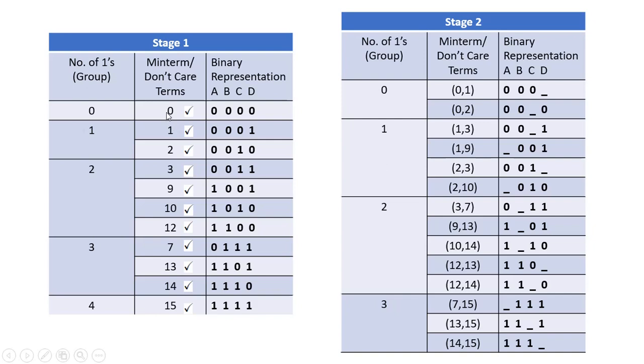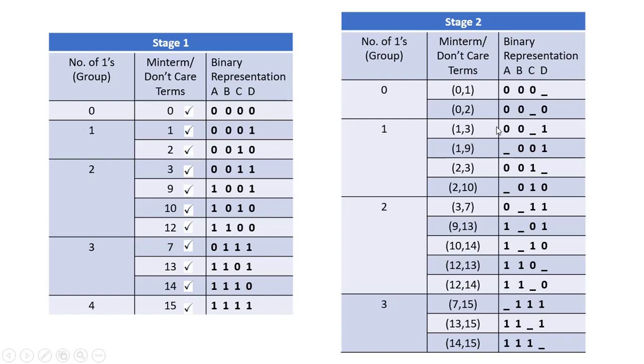Then similarly we can compare 0 with 2. So 0 with 2, this 0 is 0 0 0 0 and 2 is 0 0 1 0, so there is only one bit difference at this place, 0 and 1. So 0 0 dash for this place with one bit difference, and 0. Here also one variable is reduced, and it contains 0 and 2, so 0 is already ticked. Using this combination, 2 we will tick.